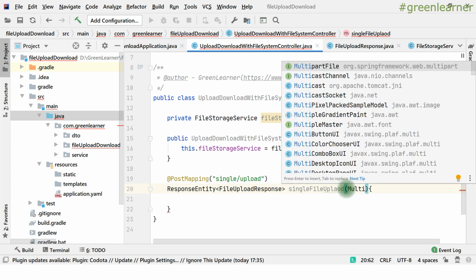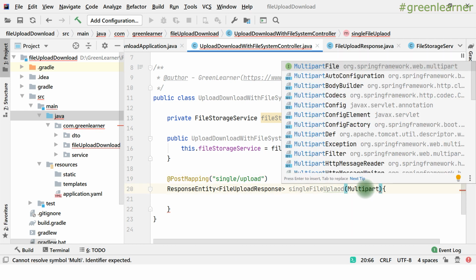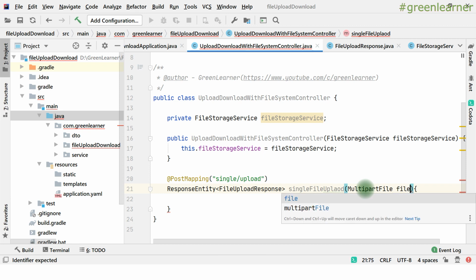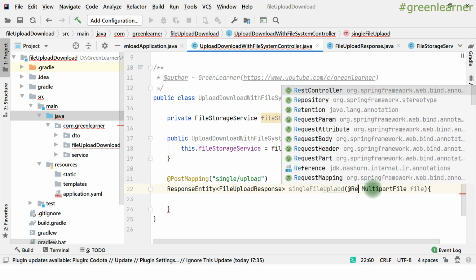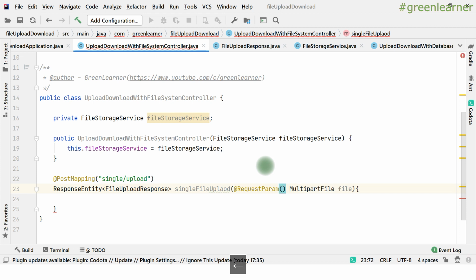When you call this endpoint, you will be sending a file as the body of the request to upload into the system. To take care of that file, we have one class, one type, that is MultipartFile. To take that as the body, I have to write the request param here, right? So MultipartFile is going to take care of that. And if I want to name it, give the name. The param that you send will name the file, right?